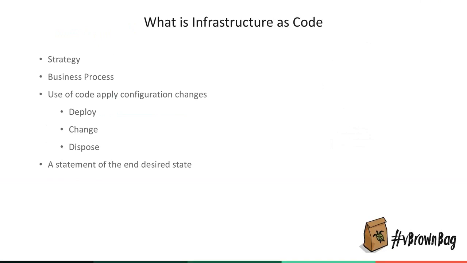You need the business to understand that this is a different process, and that can also be one of the challenges. The whole idea is that from end to end, from deployment to disposal of an application or a service, it's all done in code. You don't go manually and update things. This, in the real world, isn't always the case, but it's the intention of infrastructure as code. Usually it's done by declaring a desired state, and I'll touch on that in a couple of slides. But at a very high level, it's saying, when this is done, what should it look like? You describe the end state, not necessarily the entire process.